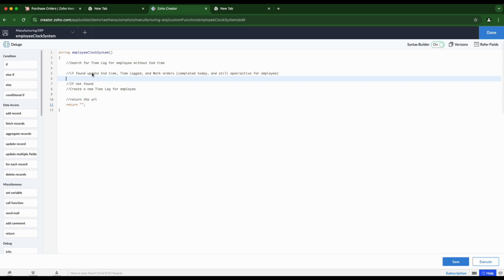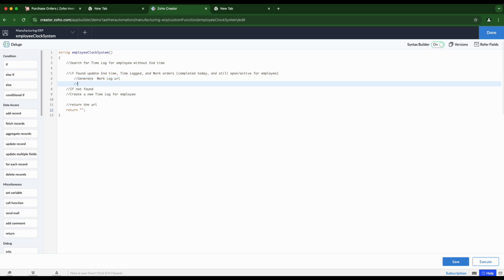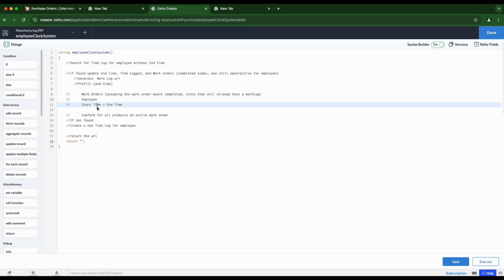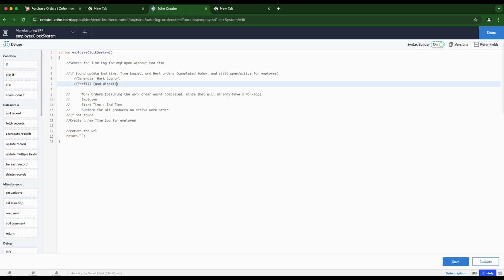So if we find an open time log for that employee, we want to close out that time log. Then we want to generate a work log URL. Now, if you remember, I think from a couple of videos ago, we did some work with a work log URL. We want to have them fill that out for what they got done that day. And specifically, we're going to fill out the following fields: the work orders, the employee, the start and end time, and then a subform for all the products in the active work order. And then the employee will be able to say, hey, I completed XYZ products today,